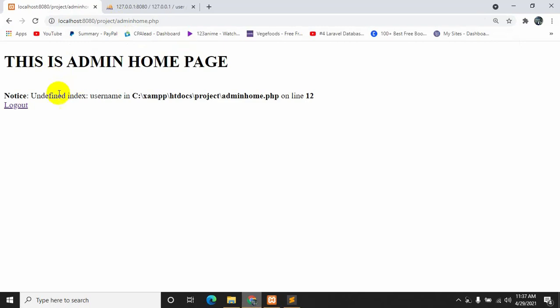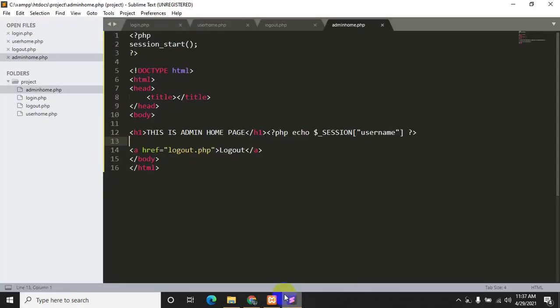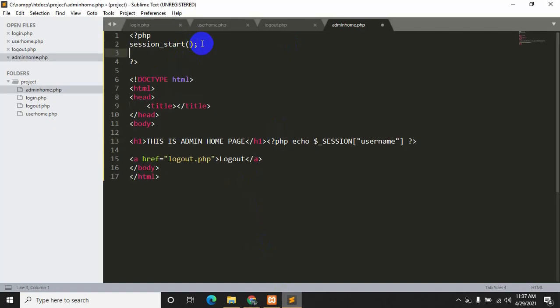Okay, now let's try to go to, let's say, admin home and press enter. So here you can see that we can actually go to the admin homepage, but this is not right. So we'll use session over here so that people cannot go to the admin homepage without login. So this is very easy. We just need to add one line of code over here. We just need to say a condition, if, then not isset, then first bracket,